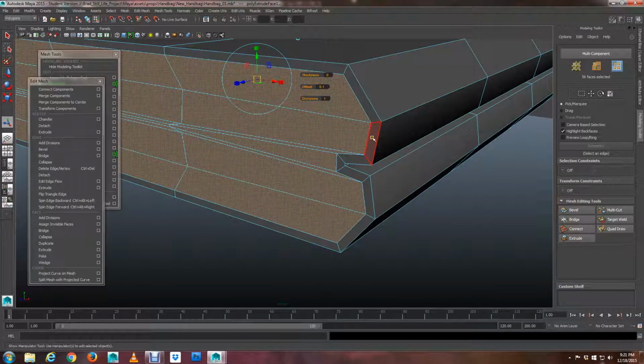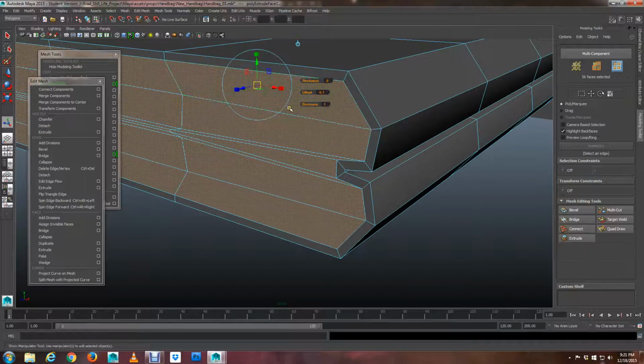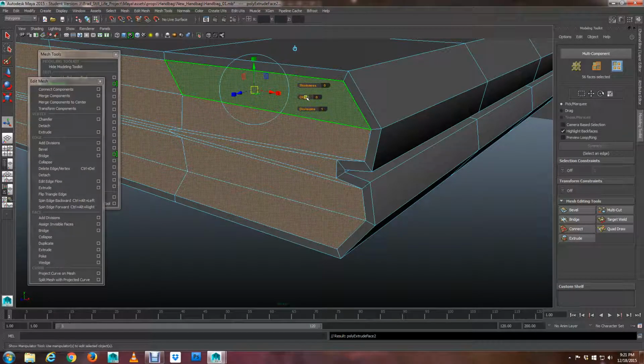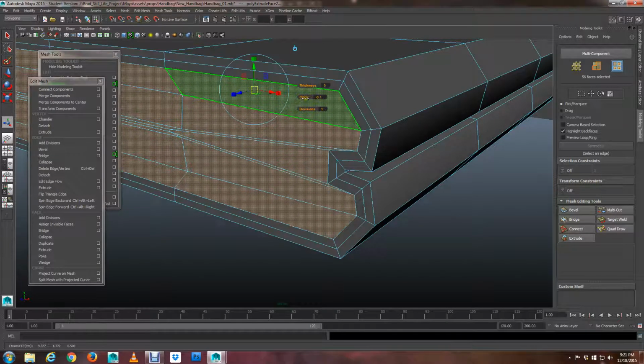That looks pretty good. And to hold this extrusion that I've made here, I'm going to hit the G key to repeat the extrude tool command, which will hold the offset that I've made here and allow me to make a new one. So I'm going to hit G, and now I can say, okay, I'm going to offset this just one more time